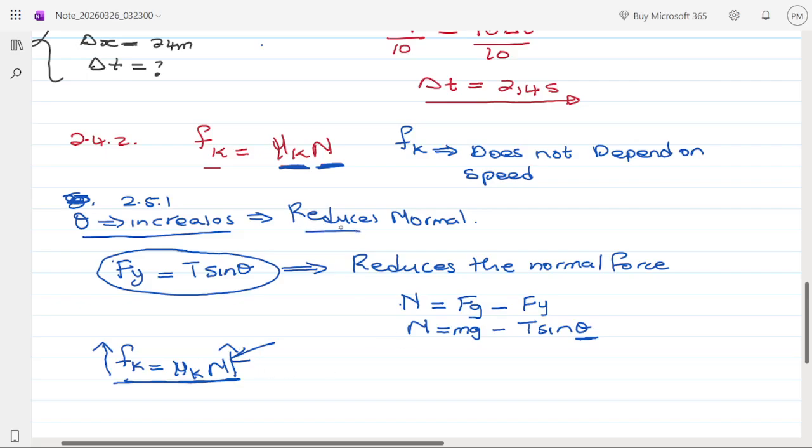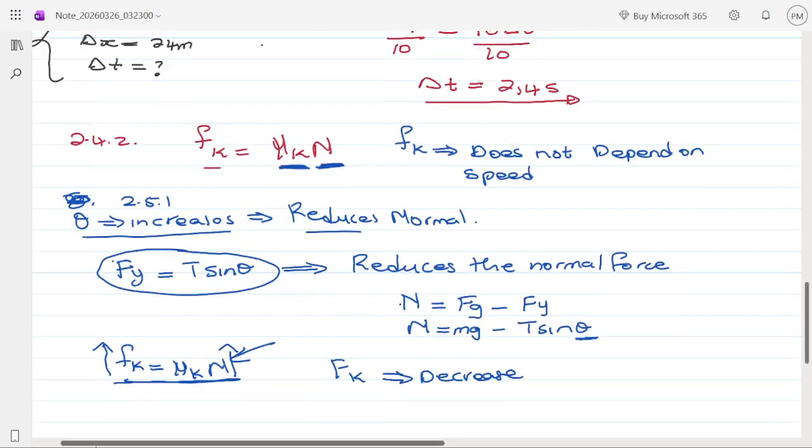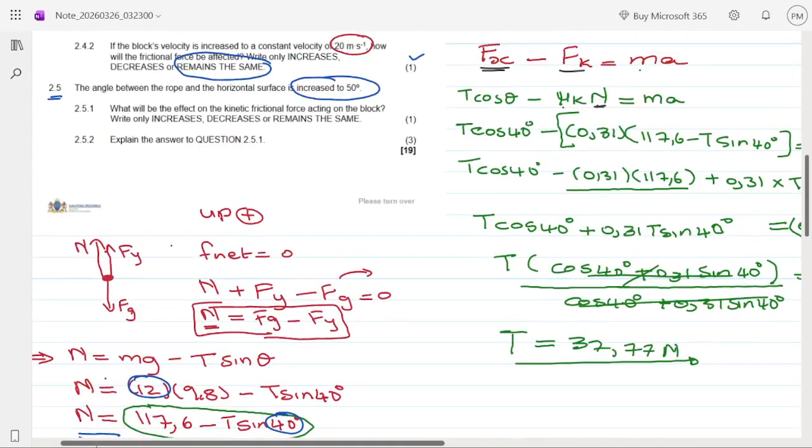So this reduces the normal force, and therefore we can conclude that our Fk also decreases. So the correct answer is decrease. You can choose decrease, and they said give a reason for your answer. So you know what you're going to do? You're going to write this. The correct answer there is decrease. And the explanation that you can give them is that as theta increases,